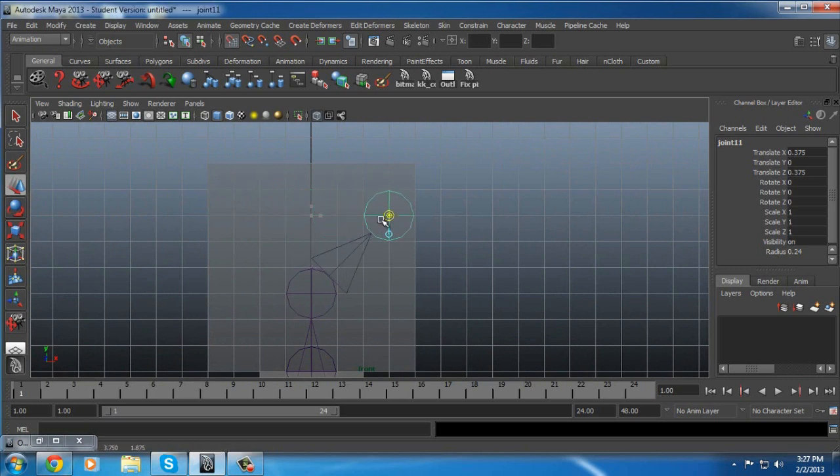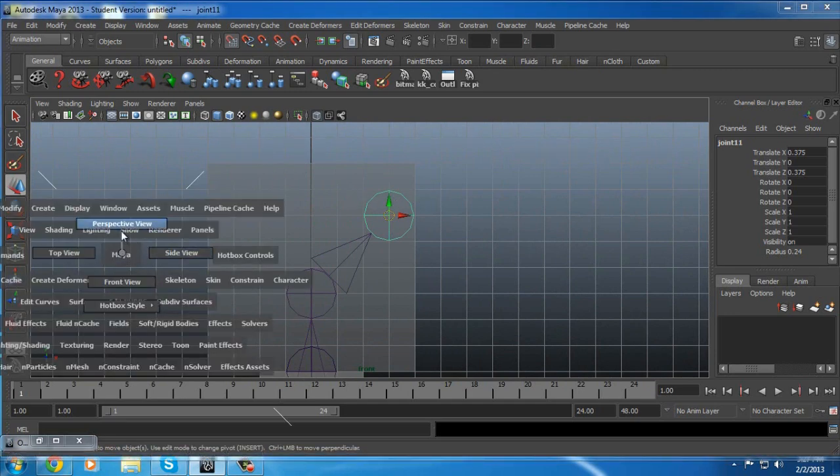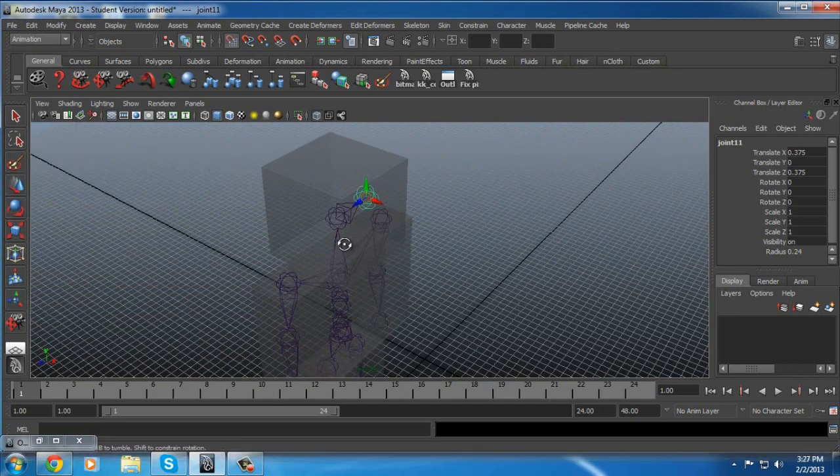Move it by dragging the yellow ball in the middle. Press insert again to become back to normal. Go back to perspective view. Alright, so now that we've done that,